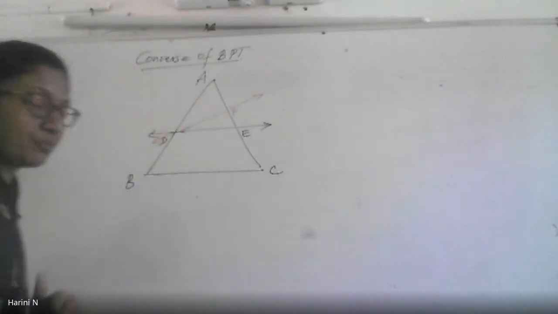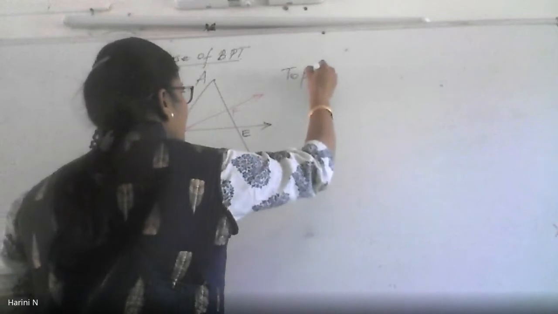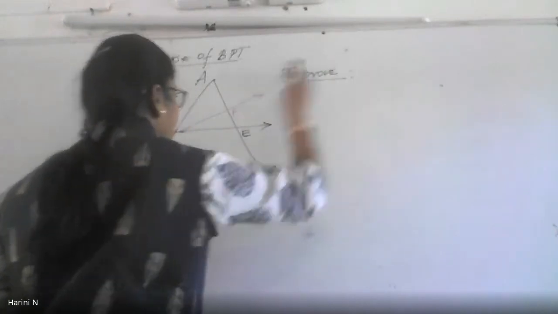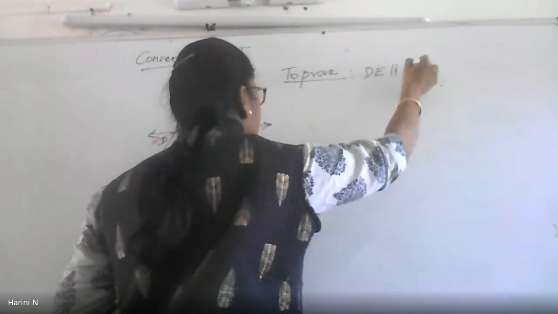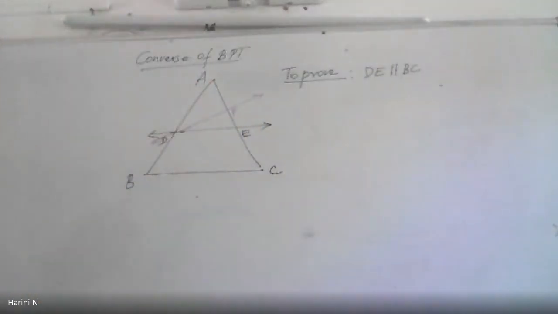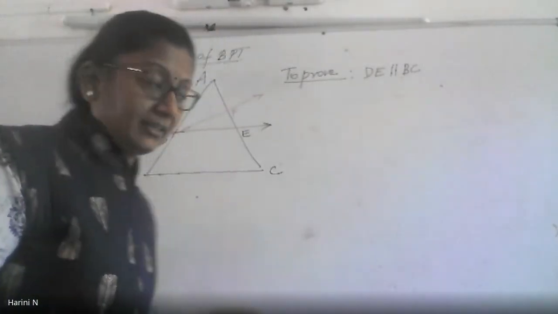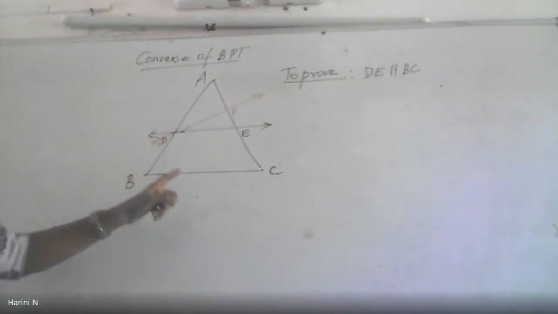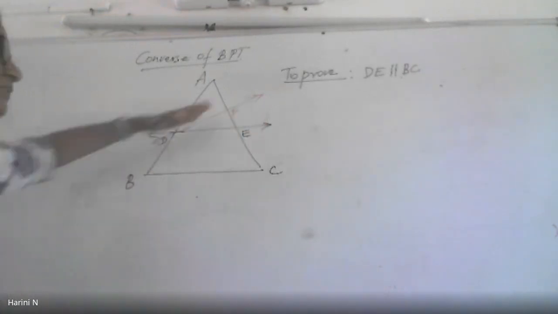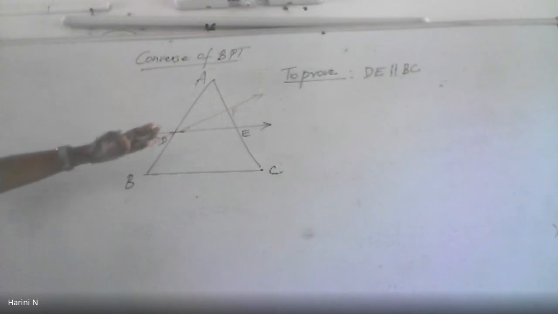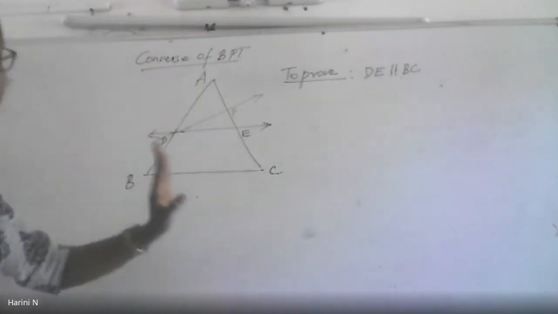Now, how am I going to prove that? What I require to prove is that the given line, that is DE, is parallel to BC. This is exactly what I have to show. But I'm going to assume there is one more line, DF, which is parallel to BC. You may find it very funny what she has drawn: DE is parallel and DF is looking oblique and she is telling DF is parallel to BC. It is only to show you that such a line does not exist at all.